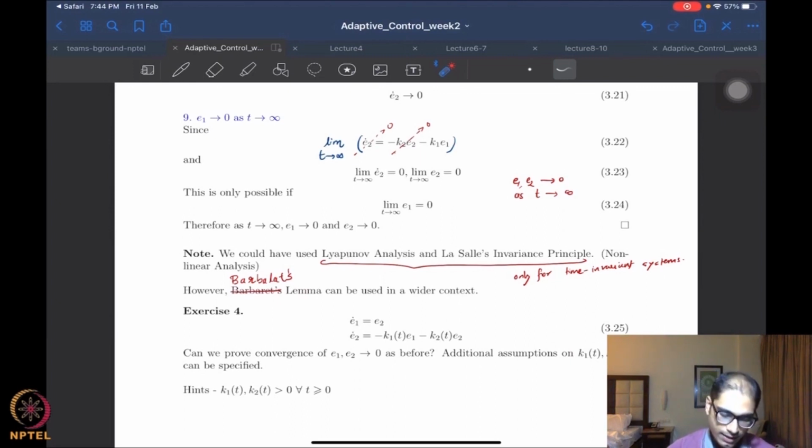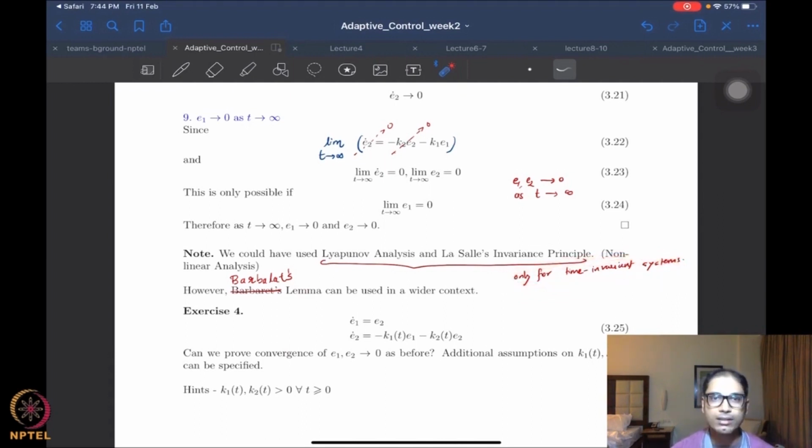At the end of this analysis, we can prove that our signals converge to 0 and further that our signals remain bounded. So these are the two things we prove. We have not yet spoken about stability, but we will do so in the subsequent lectures. And we also said that this is more general purpose in application than something like a LaSalle invariance principle